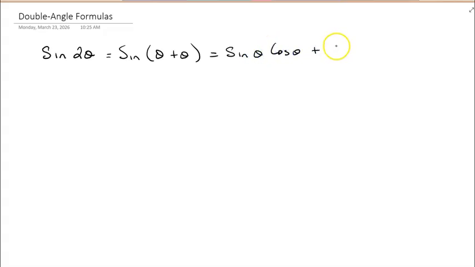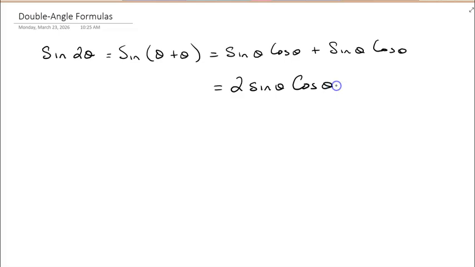So for example, let's suppose I wanted the sine of 2 times theta, double theta. Well, that's like saying the sine of theta plus theta. Based on our sum formula for sine, that's the sine of theta cosine theta plus sine of theta cosine theta. They'd all be the same, so that would be 2